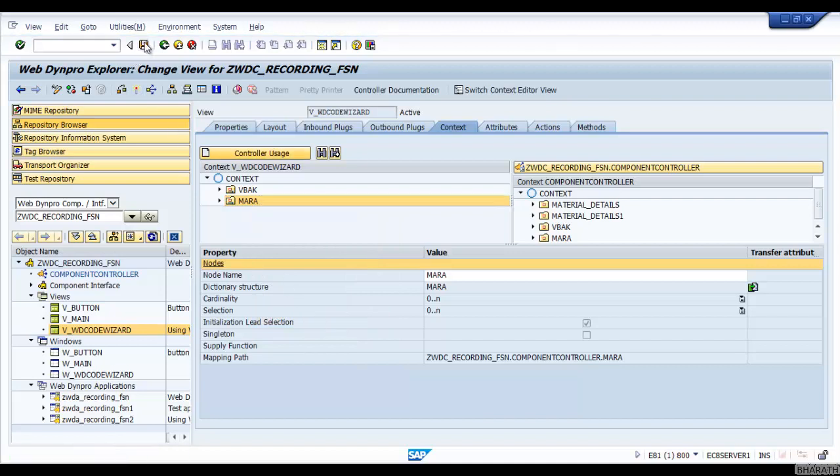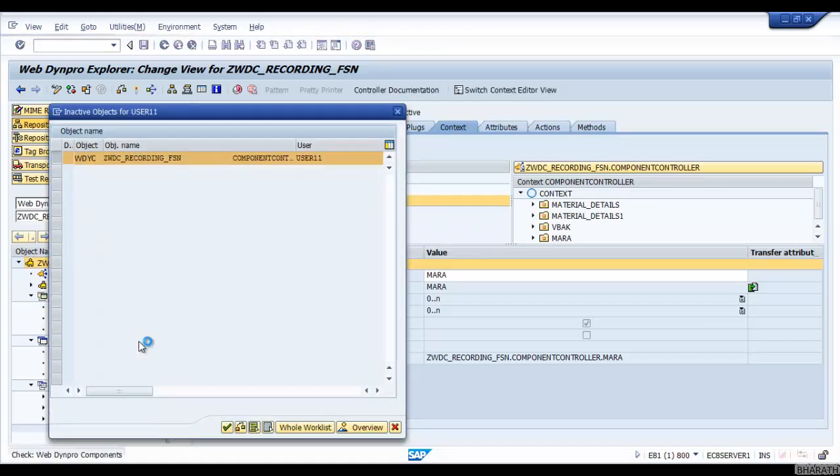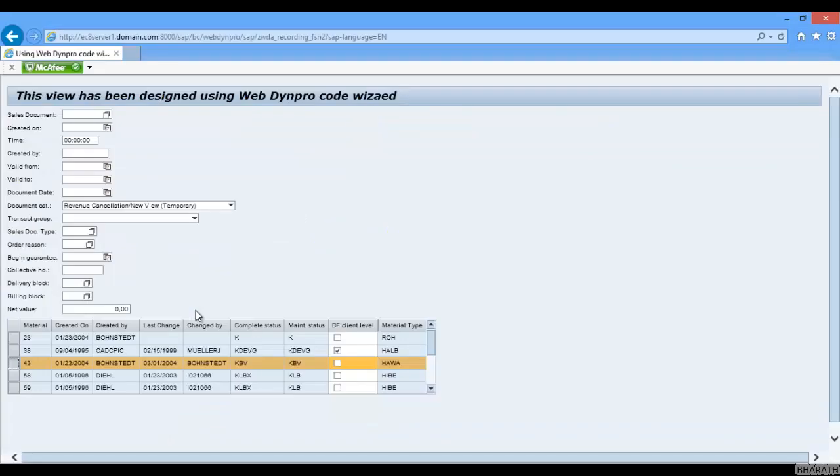Okay, save. Now activate it. Now right click on the Webdynpro component and activate to activate all the objects of the Webdynpro component. Now just come here. Now you see.